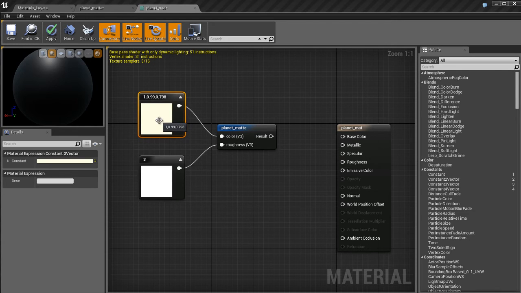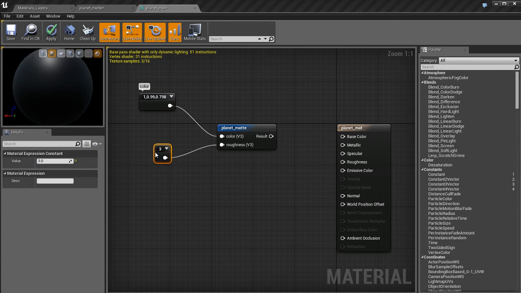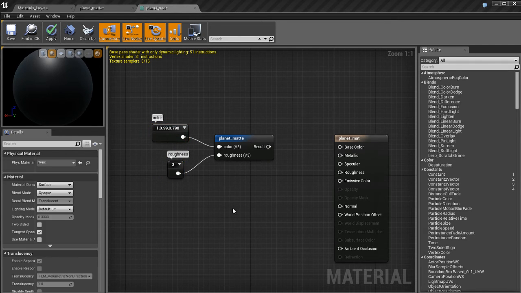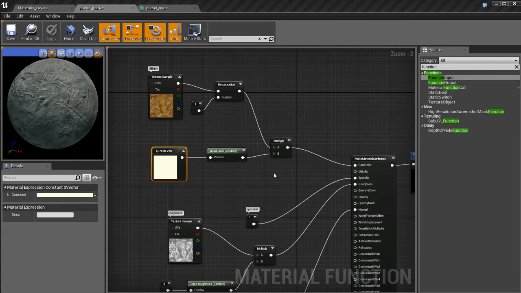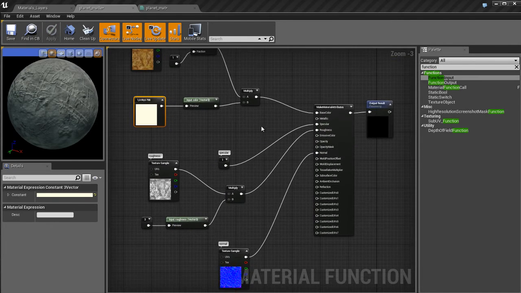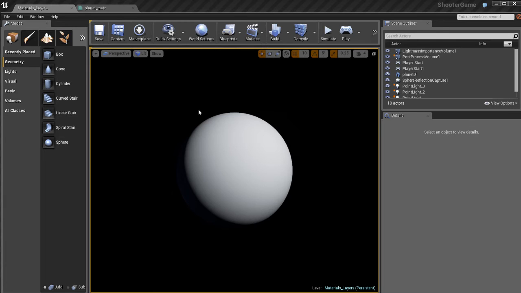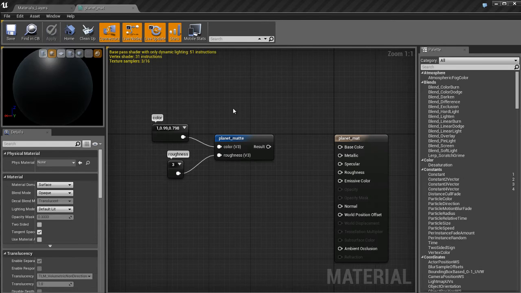So the smart thing to do is to copy and paste the node. You can just jump into the material function, copy the color, and paste it using Control-C and Control-V. And that allows me to work a little bit faster because I don't have to create a new color node and try to choose the same color again. Maybe I won't get it exactly right. So copying and pasting is the sure way of making sure you'll keep things consistent. Okay, so now with that done, we've pretty much exposed the color parameter and exposed the roughness parameter